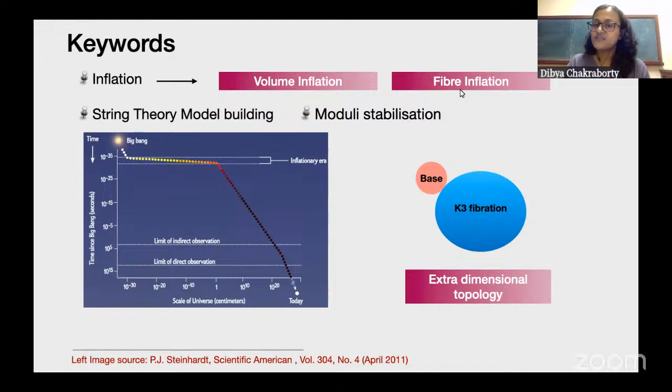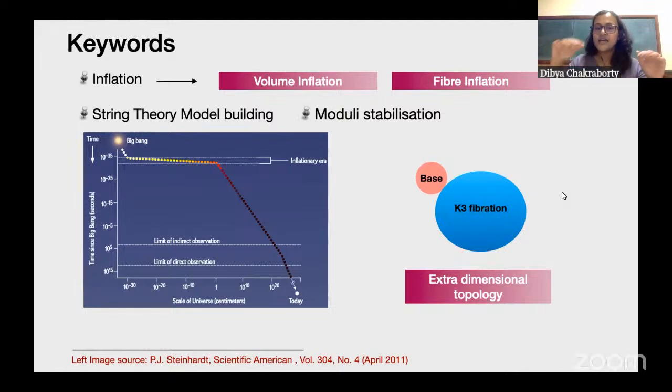In one of the inflation models, which is fiber inflation, this K3 fiber will stretch and squeeze in space and give us the accelerated expansion. In the other case, which is volume inflation, the whole 6D volume will stretch and expand and give us the volume inflation. My scalar fields, which people often also call moduli,